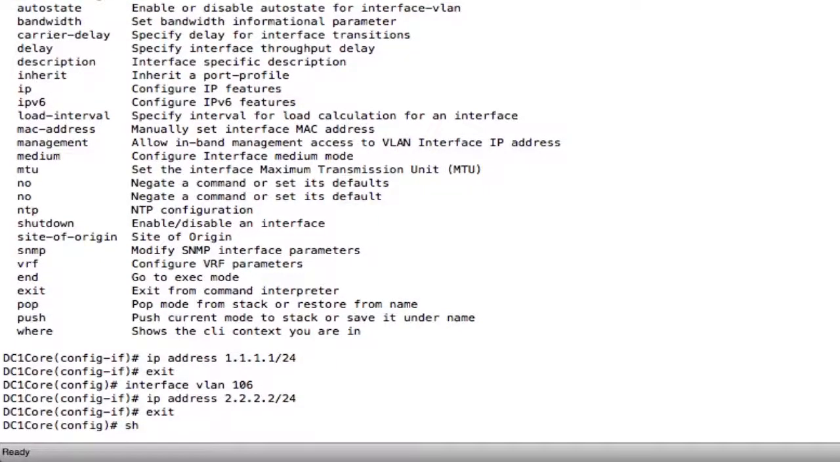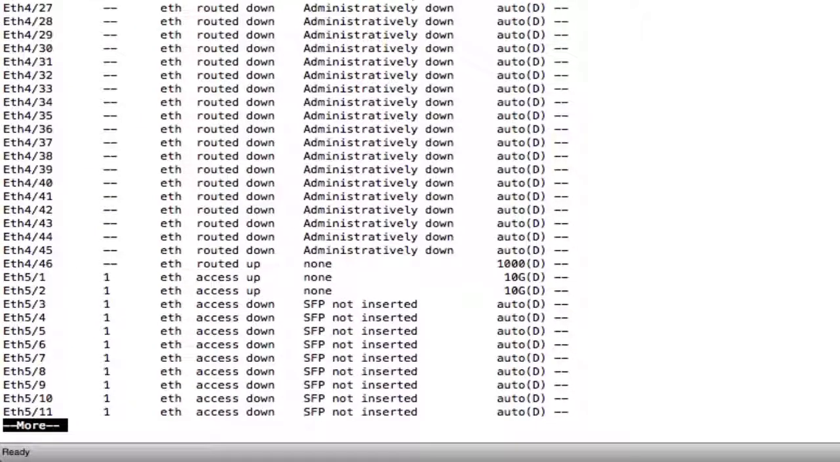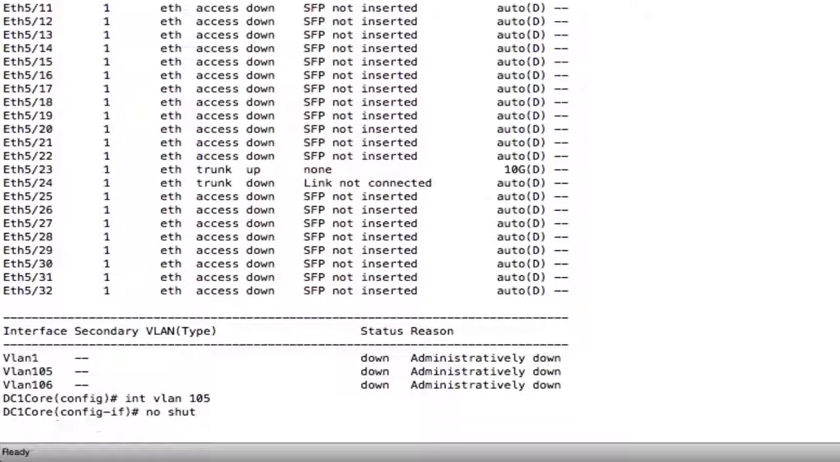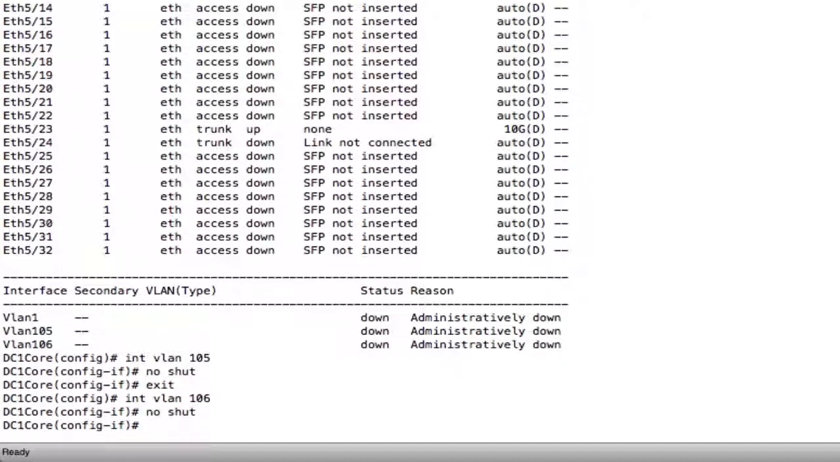Let's take a look. Show interface brief, and as I scroll down I can see that at the very bottom I've got two interfaces that should be up, but they're down. What did I miss? Well, I missed doing a no shut on those interfaces. By default, these interface VLANs are shut down. So we can go interface VLAN 105, no shut, and then exit, interface VLAN 106, no shut, exit, and now